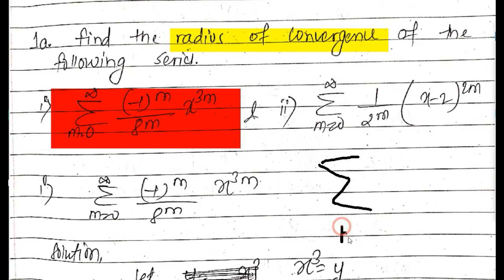the summation n equals 0 to infinity of the coefficient a_n times x to the power n. If any series is in this form, we consider it a power series. Before doing this, we have to know how to find the